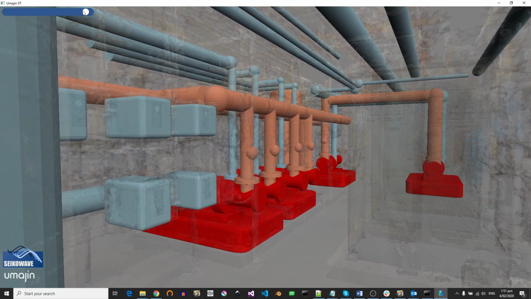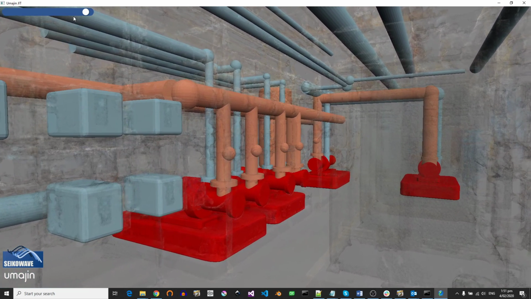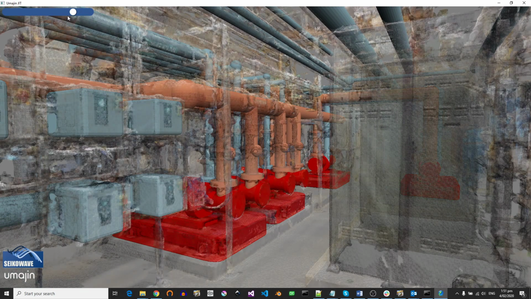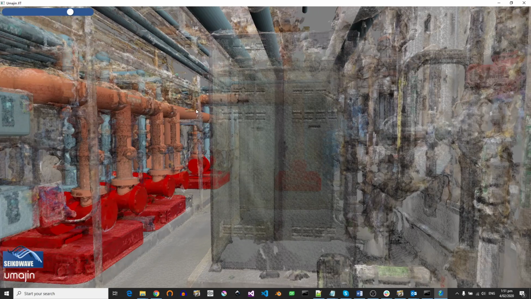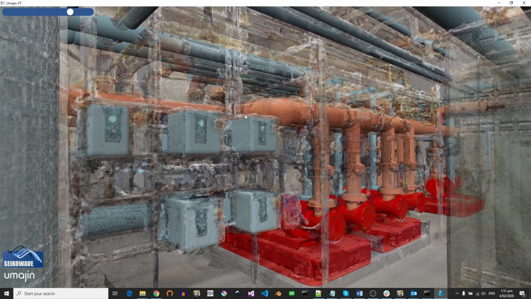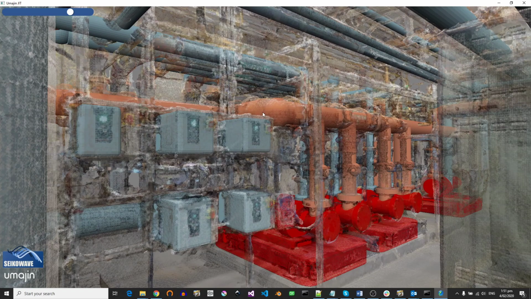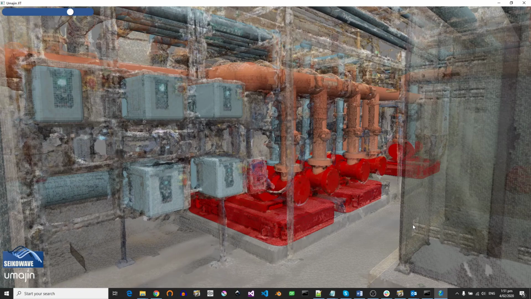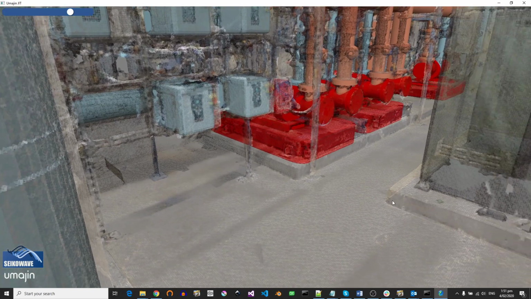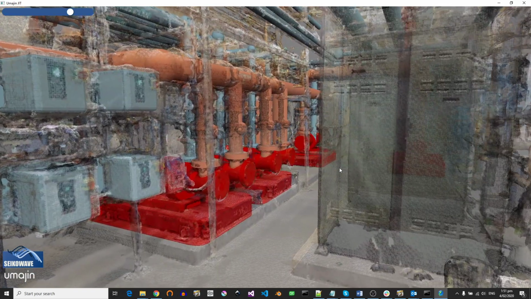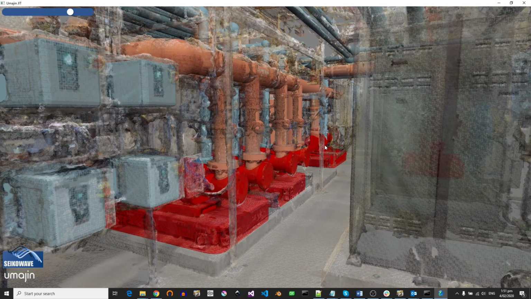where now I can see the 3D data from the laser scan, and I can overlay it with the CAD data. So the great thing about this is I can see the teal pipes are the cool pipes, salmon pipes are the hot pipes, the red units are the pumps, and I can see that perhaps, maybe out in the back here, there's a bit of change here. There's a new pump installed that wasn't in the CAD data, so I need to update the system